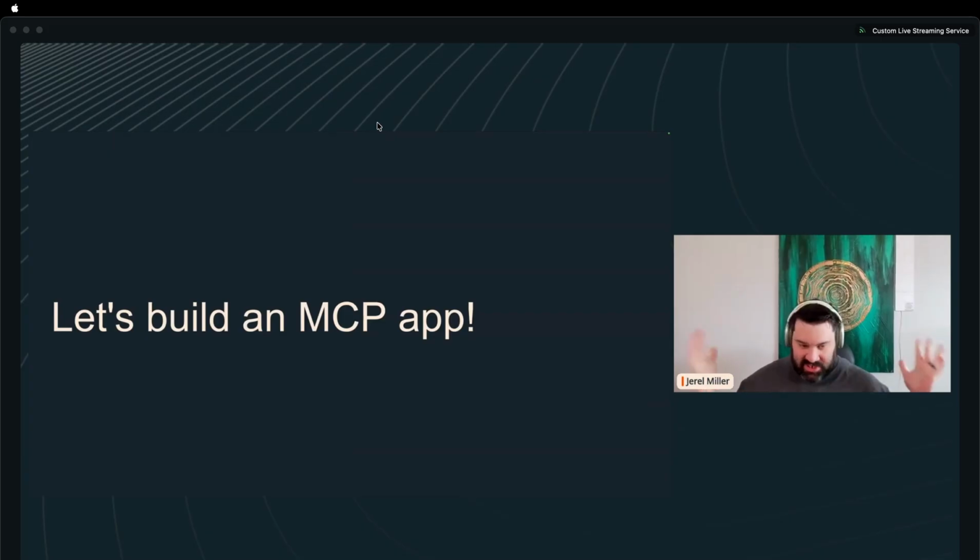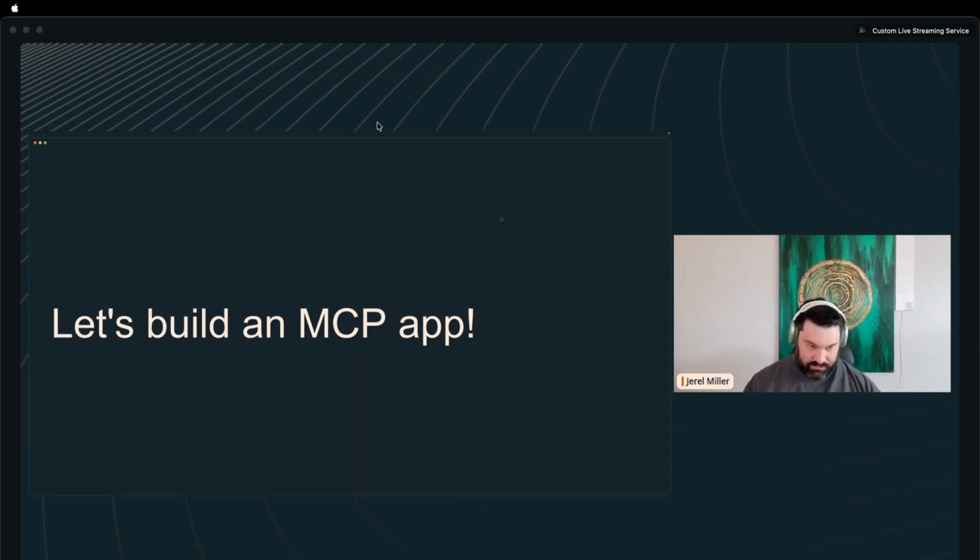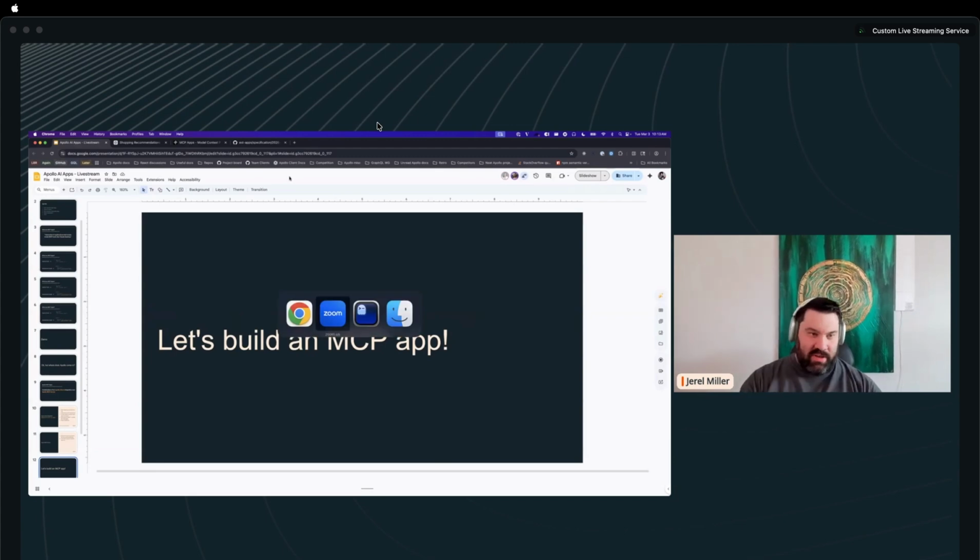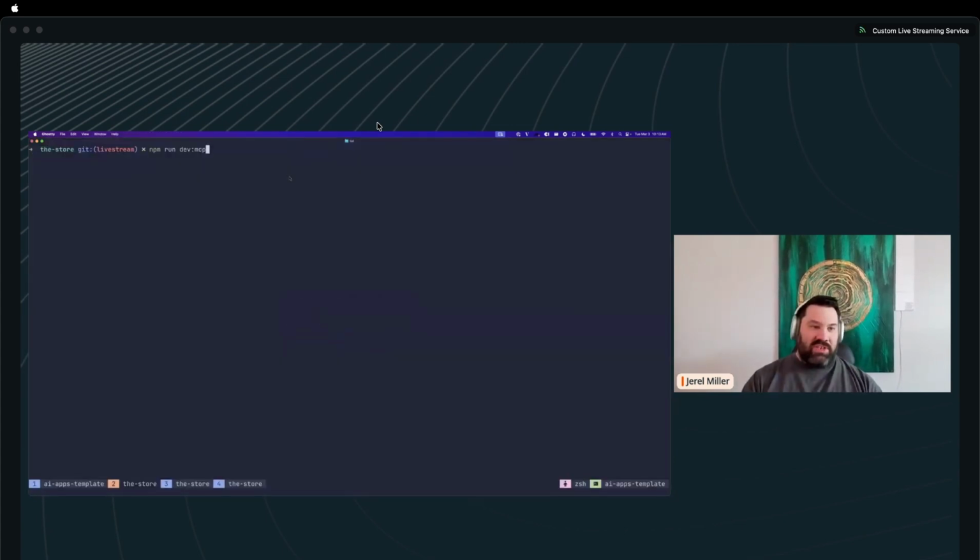So let's actually dive in and build an MCP app. We'll take a look at some of the facets of building this, some of the things that we provide to you, so that if you wanted to try this out, you get a better idea of what you have available to you. So I'm going to switch over to my code now,